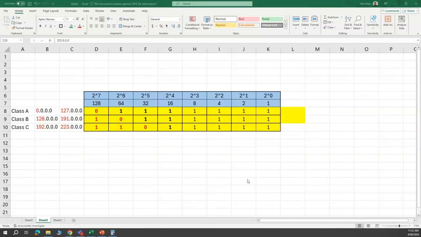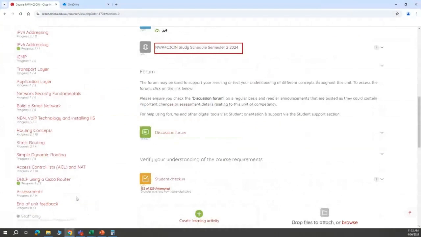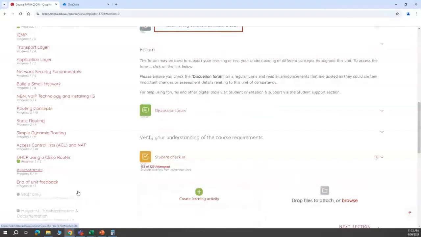So just before the break, we were talking about binary decimal calculations. We're talking about different types of IP addresses and classes. And obviously, we talked about subnet mask and how that's used to determine if a computer's on the network or not on the network. So because we talked about that, let's quickly remind ourselves